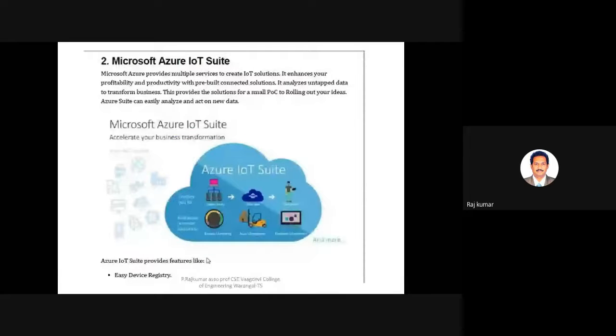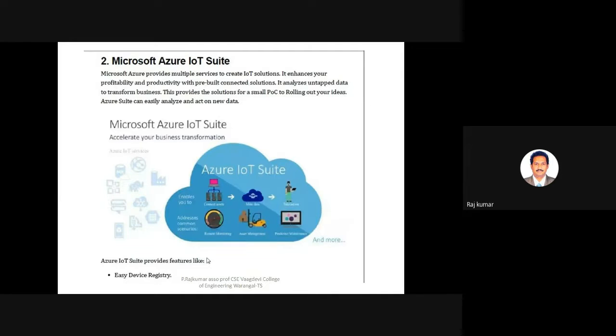The next one is the Microsoft giant, which provides this IoT service. We call it Azure. Azure is the name of the cloud offered by Microsoft, and it is called the Microsoft Azure IoT Suite. You know how easy the Microsoft operating system is.